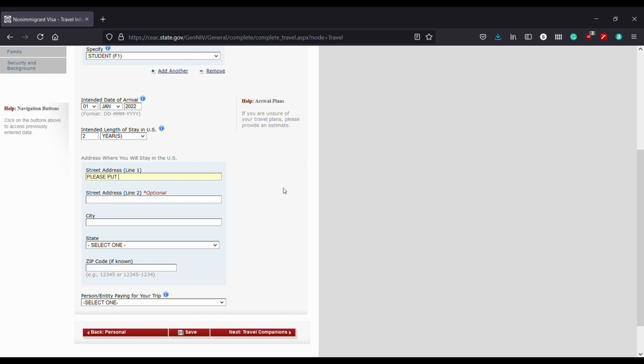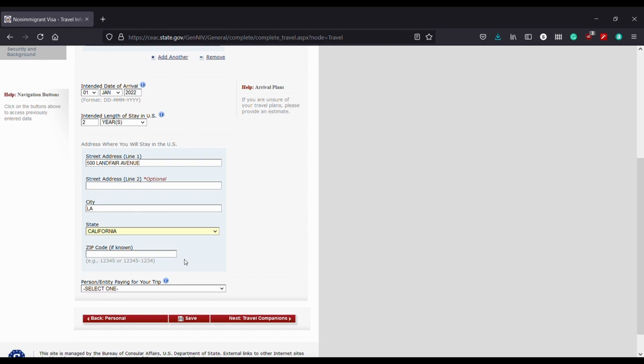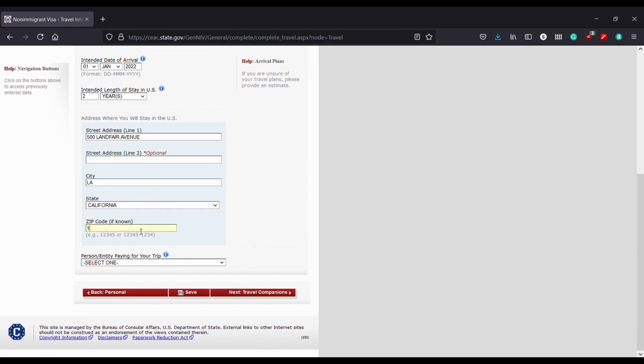Otherwise, if you have already booked an accommodation, you can put that as well. State California, random zip code.